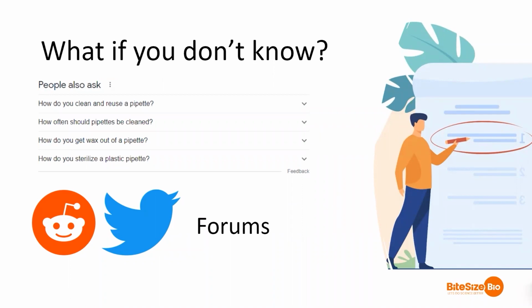Or at a conference, listen to the people around you. If you're writing for a general non-scientific audience, listen to your non-scientist friends and family. You can also do a lot of research online, and I would highly recommend this. Search engines like Google are a great place. Search a keyword around what you're thinking of writing about, and you'll often get "People also ask", as shown on screen. This provides you with a list of common questions that people type into Google surrounding this particular topic. So you know that these are questions that people want answers to.